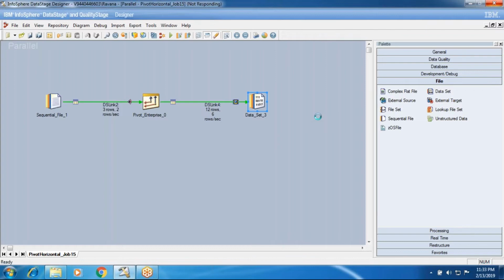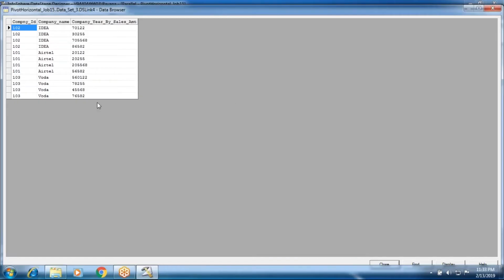Same concept we can do in transformer also. I'll show you that. So in the next sessions, we'll discuss transformer, change capture, and a lot of stuff going further, and we'll see how to implement type 2 implementation.